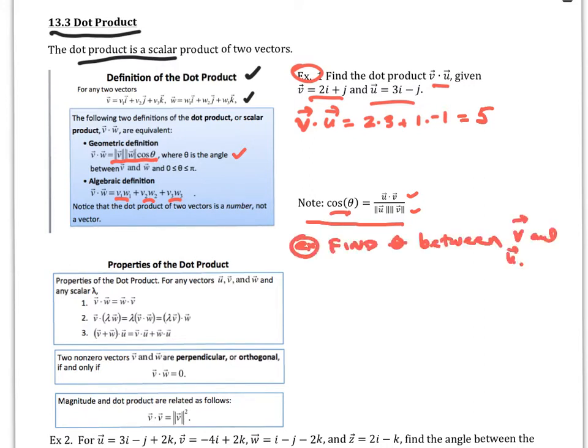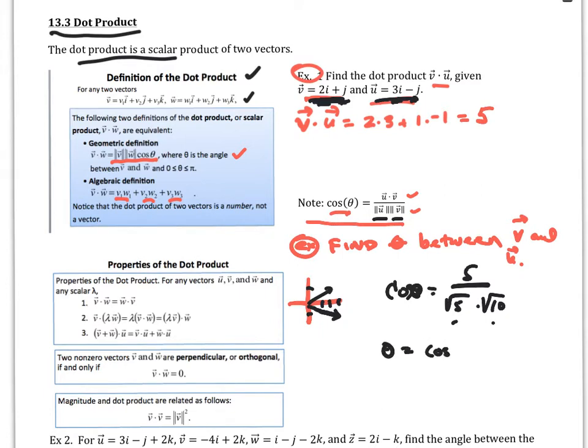So if I wanted to find the angle between these two, I can go ahead and do cosine of theta is equal to the dot product, which we did up above, which would be the 5, and then the magnitude of each one of these vectors. Well, this one would be 4 plus 1, so it would be square root of 5, and then we get the square root of 10 for each one of these respective magnitudes. So I just took 2 squared plus 1 squared and then 3 squared plus 1 squared and got each one of these respectively. So now theta is going to be the inverse cosine of this